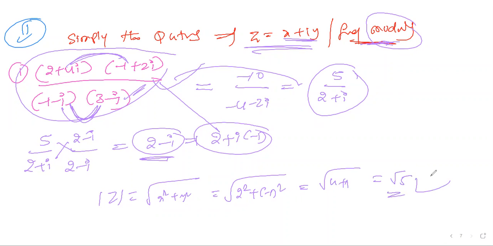Clear? Now similarly, we have a second question. The second question you can also do simply. (a plus b) whole cube is there; in the denominator you can multiply, then rationalize and find it out. Take that as homework and work it out. Now the second bit, first question is over.